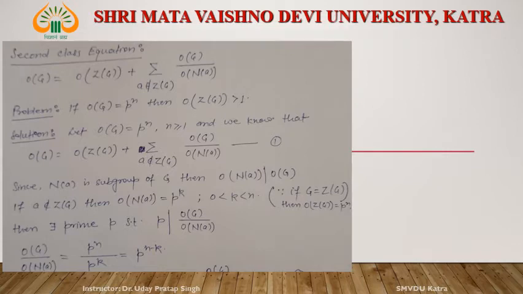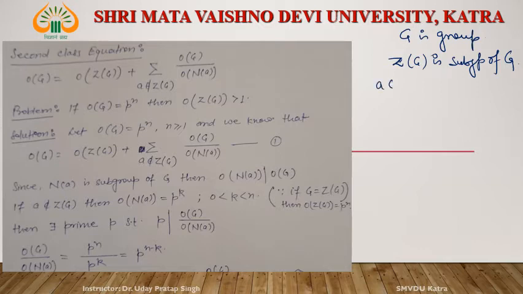Now, what is the second class theorem? In the second class theorem, if G is a group, then ZG is a subgroup of G, in fact a normal subgroup of G. Then some element A in G may belong to ZG, that is, it may be possible that A is also in the center of G. If such a thing happens, then the second class theorem says that